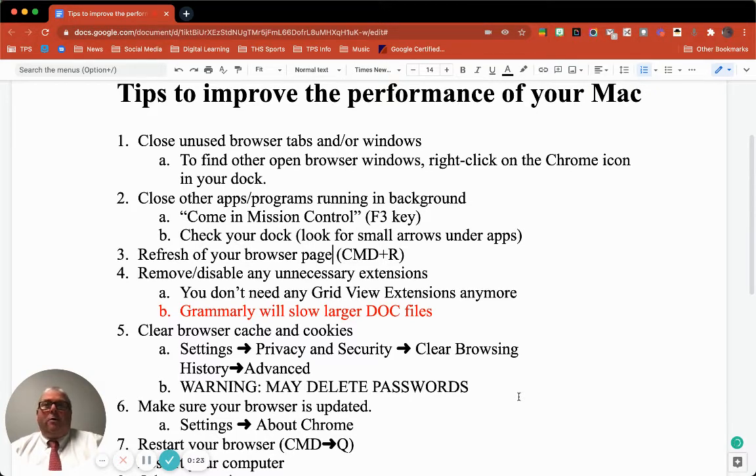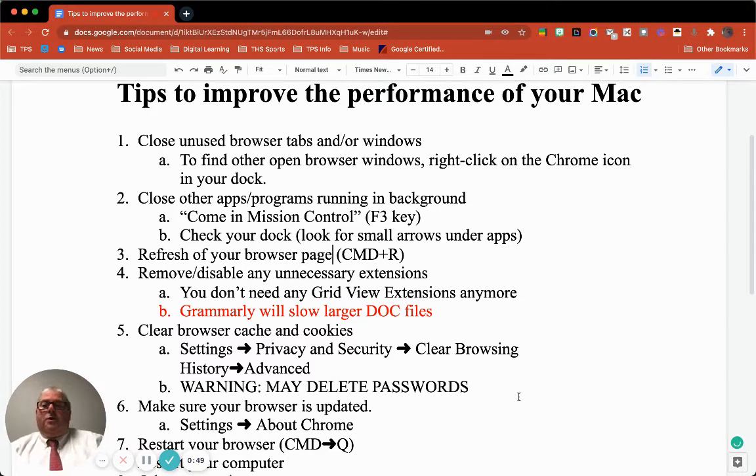So you're having trouble with your Google Meet. The connection seems to be slow. Your Google Slide document isn't loading quickly enough. As much as you might think it's the network, it's probably not the network. It's probably your computer. Your computer is probably being overtaxed. Its processor is being overtaxed by too many things being open and being used. So what I want to do is give you some ideas on how you can try to solve these problems